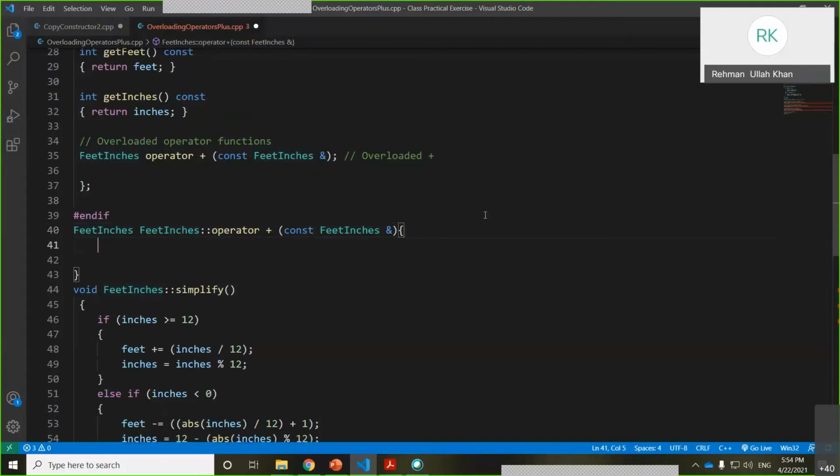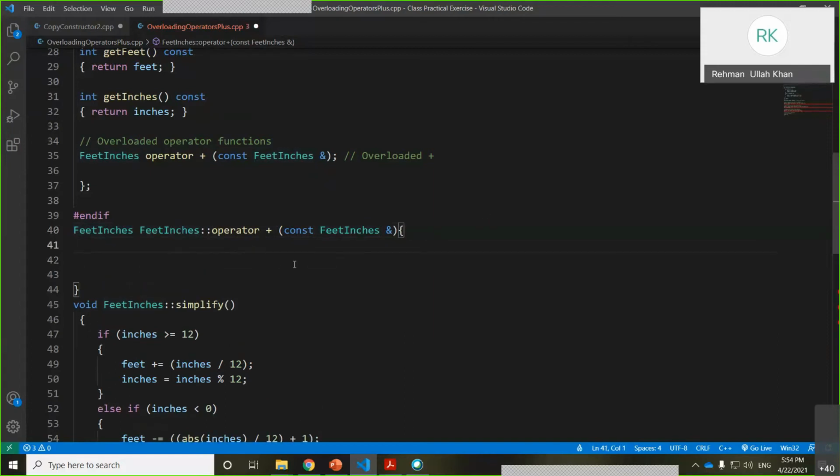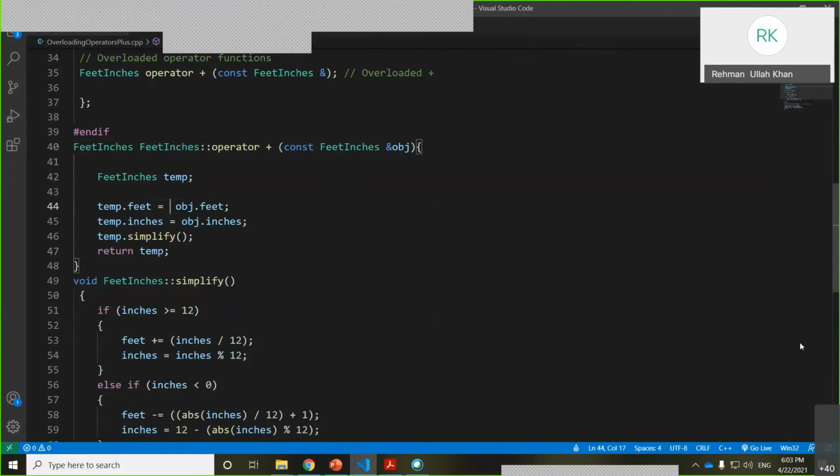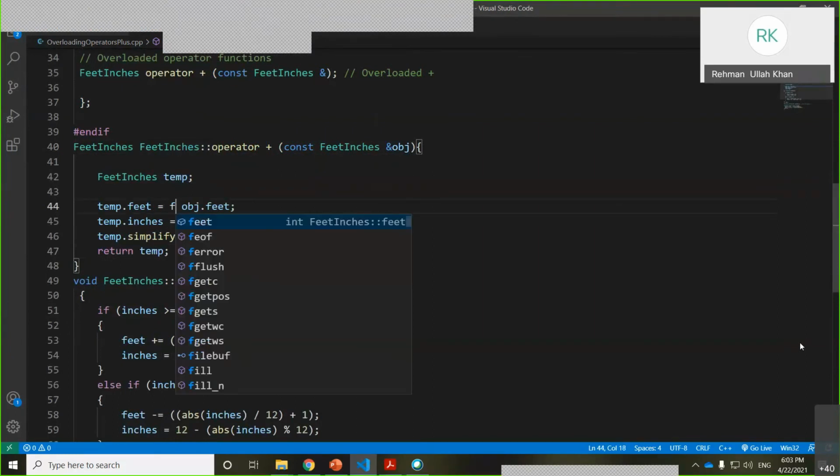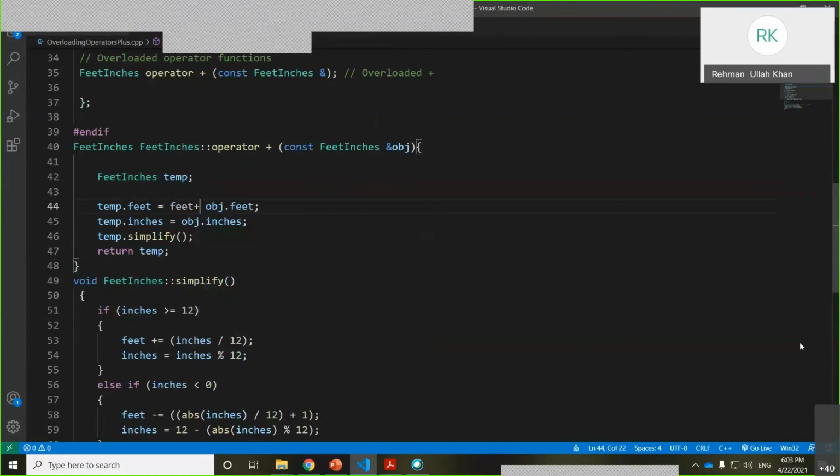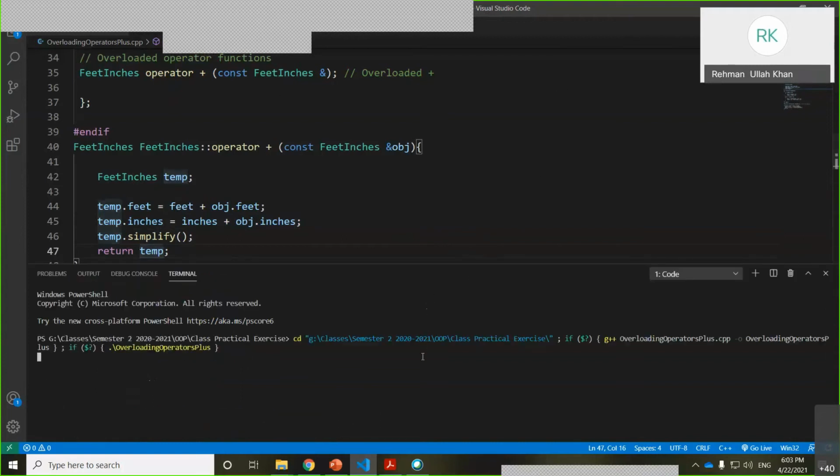So here we will do: feet plus obj.feet, these two, and assign to this, and then inches plus obj.inches, these two, and assign to this, and then simplify and return the value. So save the changes and now run. This time you see it becomes the correct one.